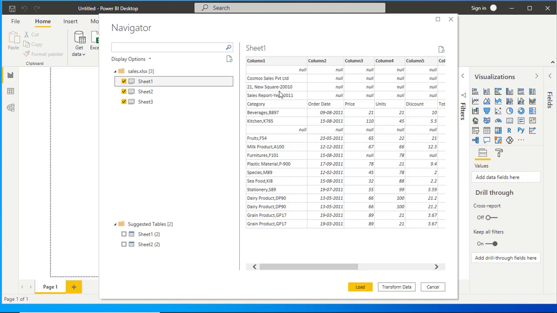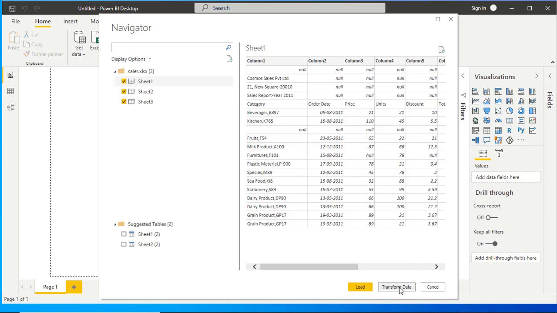And also you can see this row is completely blank. And again, if you see the furniture, there is a null value, and again in column 5 there is a null value. It means before pushing the data in Power BI, we have to clean and transform or edit the data. For that purpose, we have the button transform.